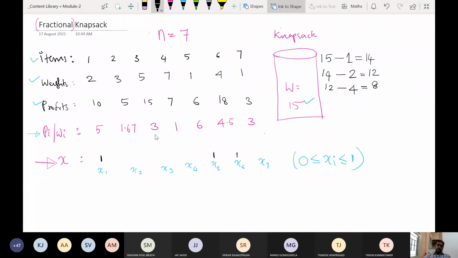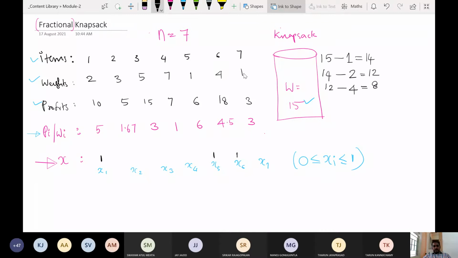So anyhow it will be equal. You have to just concentrate on profit by weight. Since he has suggested 7, we can include 7 also, but it will not make any difference. Among these two, it will be equal. If you are doubtful after the class, you can do the reverse and you will see that it is the same. So let us include item number 7. That is good thinking, but it will come as equal.